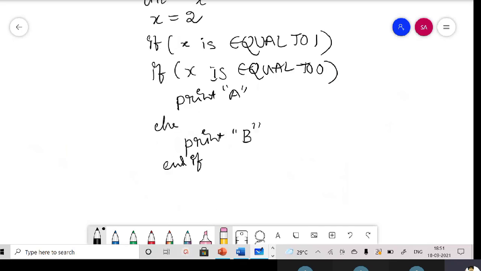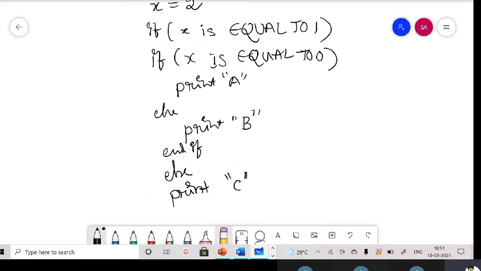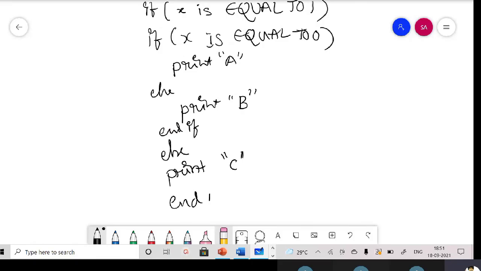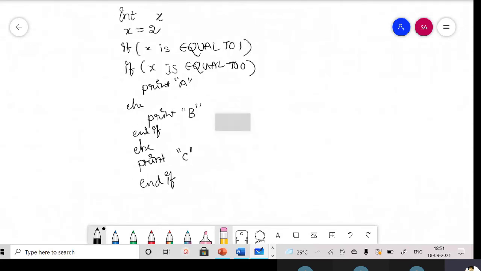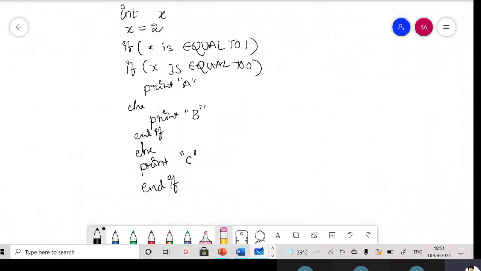Guys, are you following? Else print C, and this is the end of the if. Okay, so this is the code. What will be the answer?